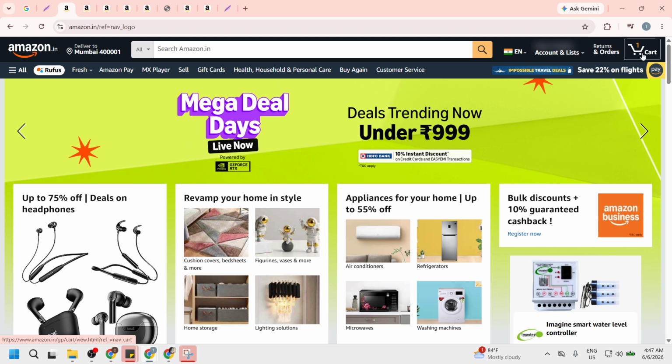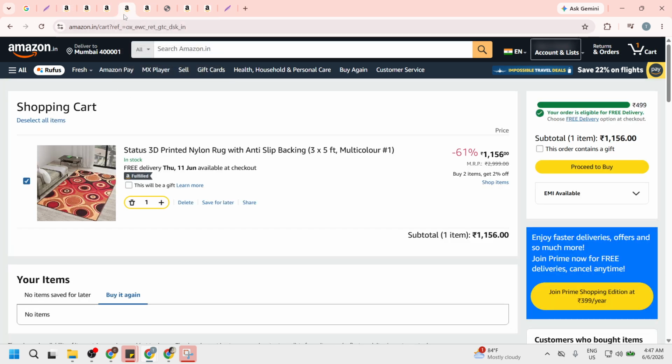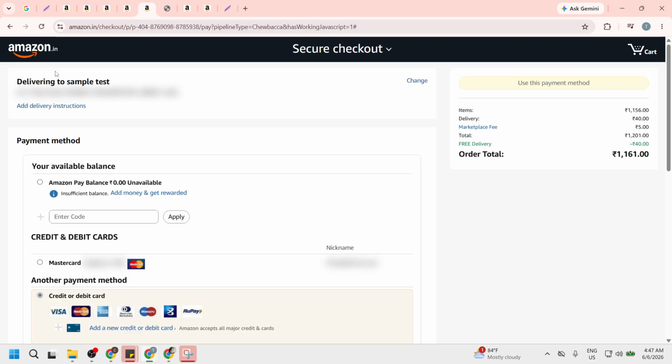Once you're in checkout, review your delivery address. Take a moment to make sure the shipping details are accurate, since this can also affect the billing and payment setup you use for the order. If the address looks correct, continue to the payment section.